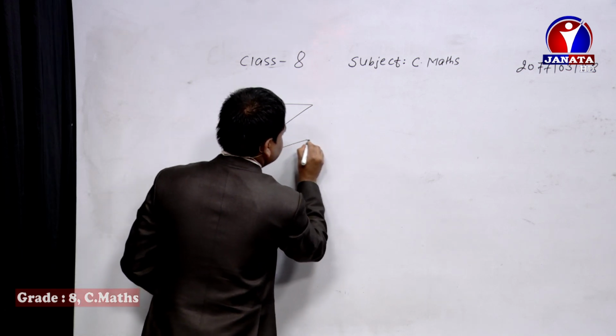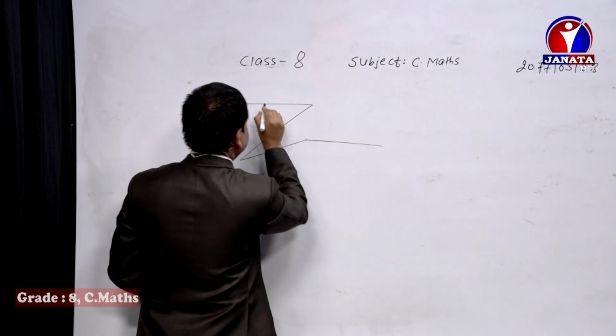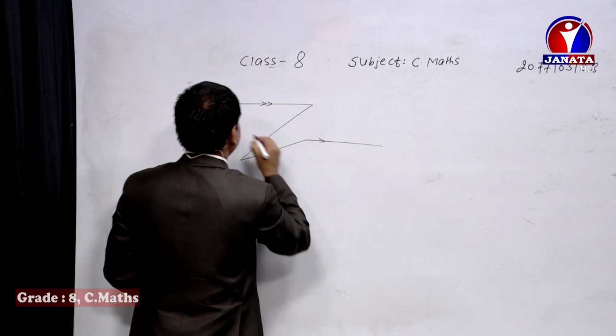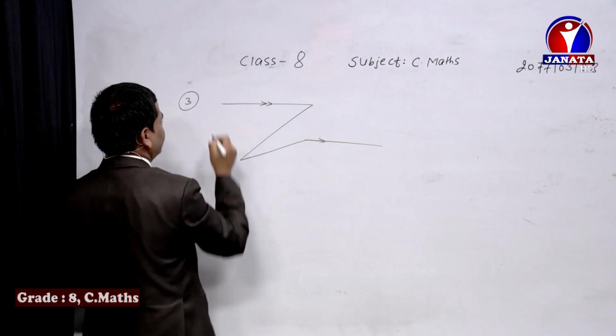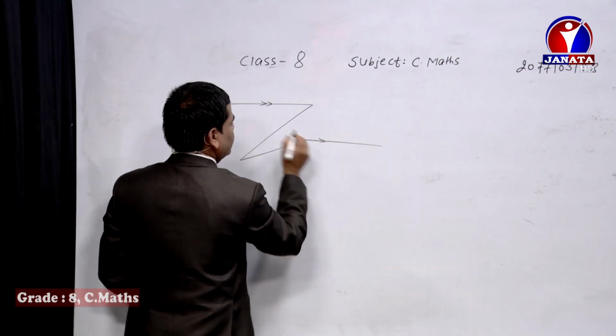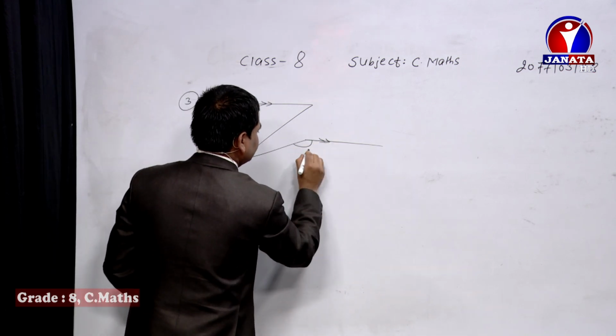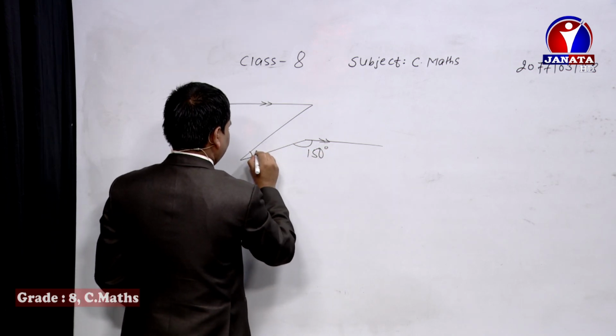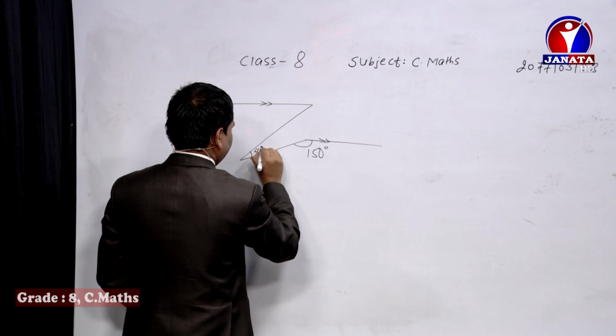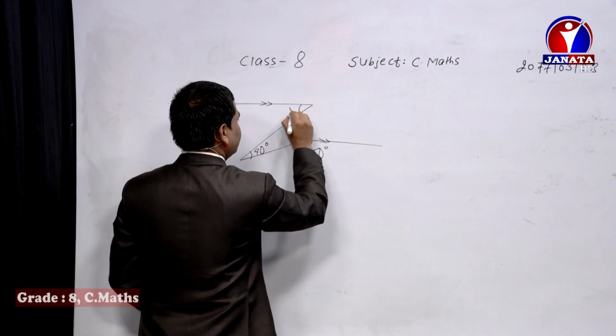Now dear students, I'm going to present another question, but I'm not going to solve this one. You need to solve it, I will just provide the hints. This is question number 3, okay. These two lines are parallel to each other, and here is given as 150 degrees. Here is given as, let's say, 40 degrees. Now can you find out the value of Y?